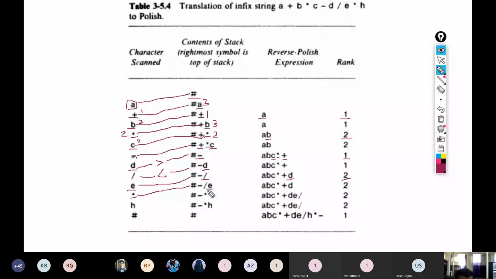So we will do the pop operation, we will append it to the Polish expression, and then we again do the comparison with the new top of stack after popping this E out, right?